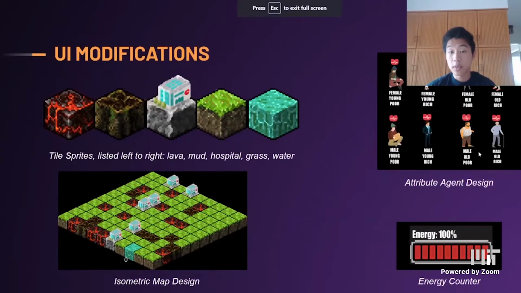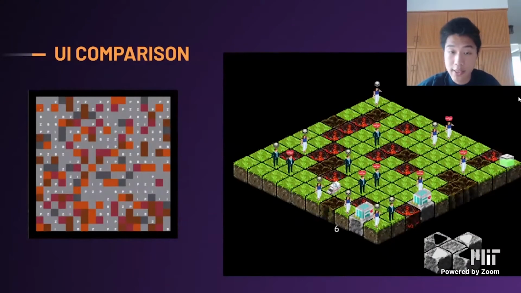This tenet of accessibility also extended to our UI design philosophy, where we intended to make things as engaging and interactive and readable as possible. So for one thing, we replaced the traditional 2D grid with isometric tiles in addition to adding the aforementioned agent sprites. And we also added some basic but very much needed quality of life additions like a battery indicator, a live score counter, and sound effects, all to make for just a more engaging and ultimately more realistic medical simulation environment. And obviously, if we just look at a side-by-side comparison compared to the base game, the difference becomes quite obvious. We're really very satisfied with the improved accessibility and interpretability that our UI modification brings.